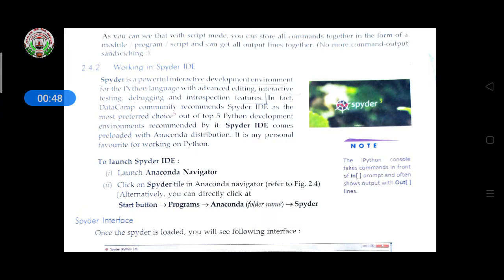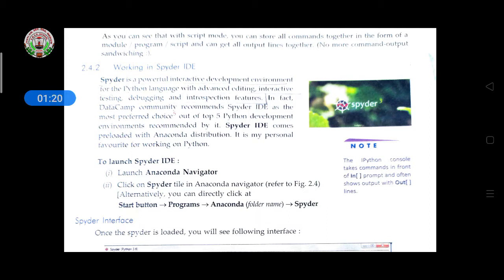In fact, the DataCamp community recommends Spyder IDE as the most preferred choice out of 5 Python development environments. Spyder IDE comes preloaded with the Anaconda distribution. It is my personal favorite for working on Python. So this one is an IDE.